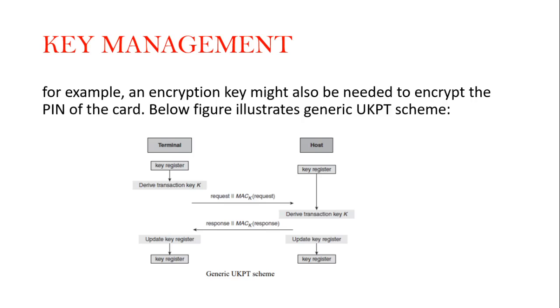For example, an encryption key might also be needed to encrypt the PIN of the card. The figure below illustrates generic UKPT schemes. You might be seeing there is a terminal and there is a host. So how does this particular operation work? At the terminal end, with the help of the key register, it derives the transaction key, that is K. Once it is derived, a request goes from the terminal to the host